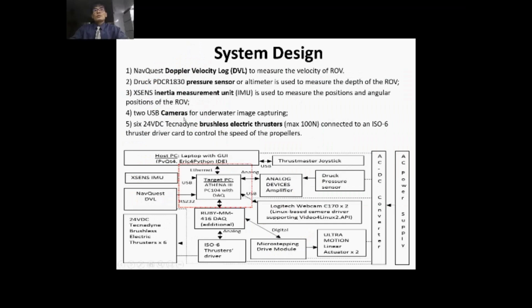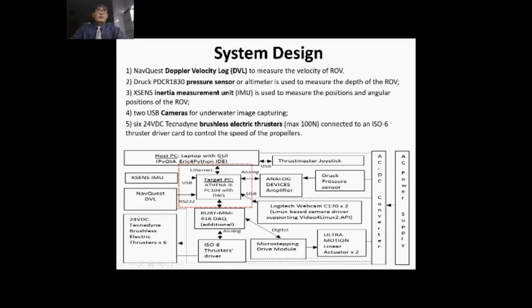And there's the two USB cameras for underwater image capturing. And as I mentioned, there's the actuators, which basically are thrusters, and there's a total of 6 connected to the 6 thruster drive cards to control the speed of the propellers. So this is the control hardware, which I try to show here, not to be too complicated, but you will see that all this is residing inside the ROVs and is controlled via the laptops